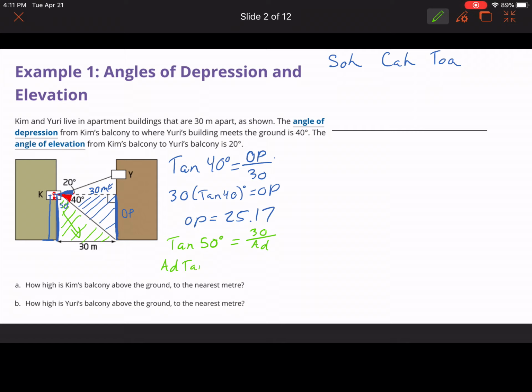I've got to do 2 steps to move around this equation. So my adjacent equals 30 over tan 50, and if you put that into the calculator, you are again going to get 25.17. Now it says to the nearest meter, so we know